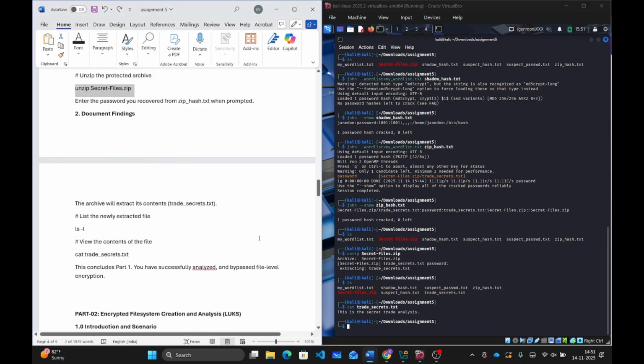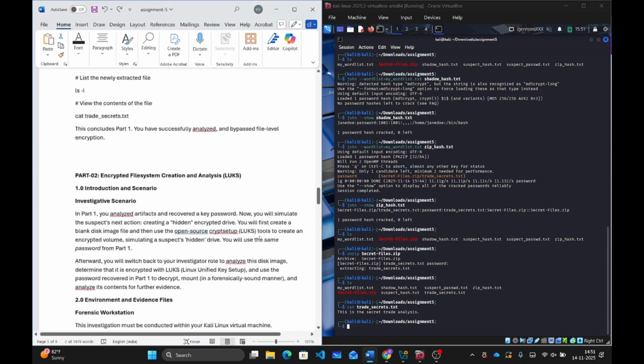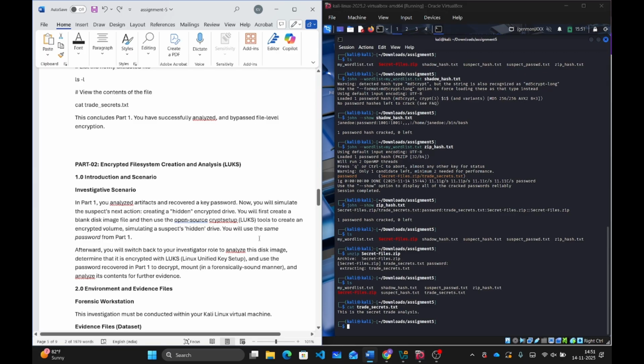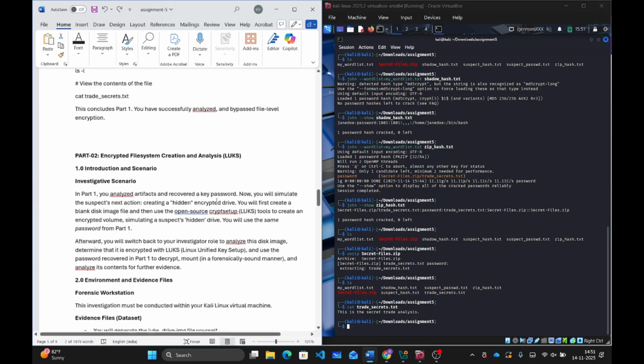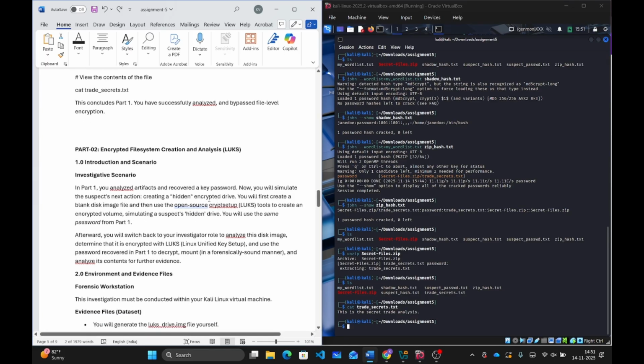Welcome back to part 2 of assignment 5, that is, encrypted file system creation and analysis using the LUKS tool. So in part 1 we analyzed different files and recovered a key password in a particular scenario, and now we will be creating a hidden encrypted drive,